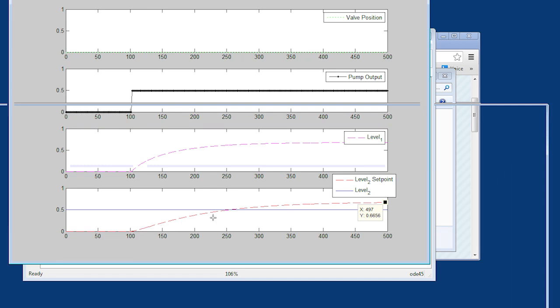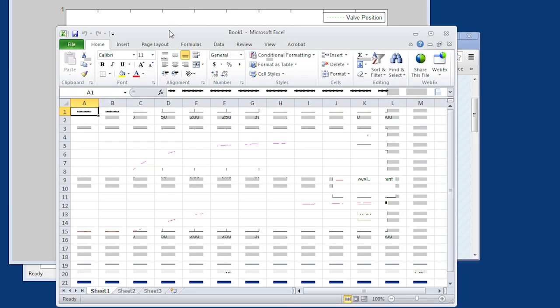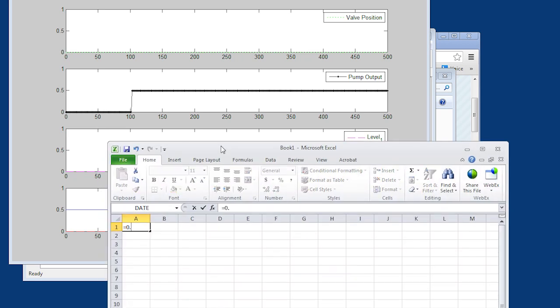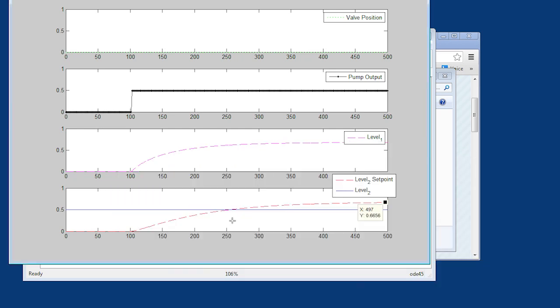So 63% of the way there. Let me open up my calculator, and I'll open up Excel. Let's do 0.7 times 0.632. So I need to look for where this got to about 0.44. That's going to determine my 1 tau, so 0.44, somewhere right around here, 232 seconds, and it